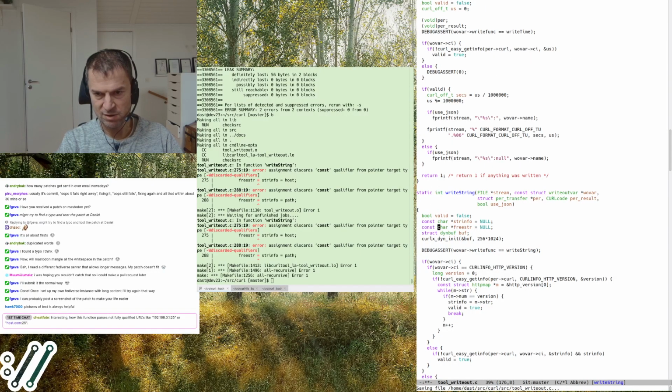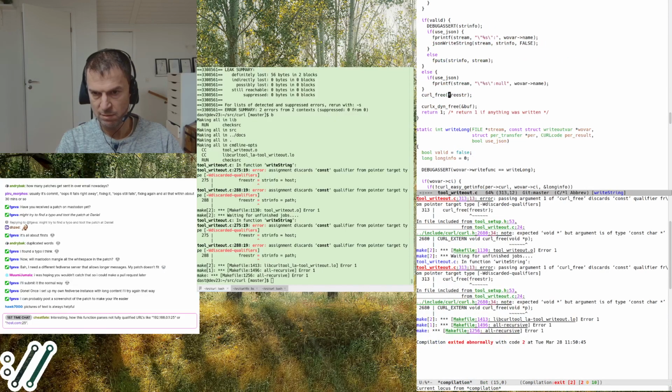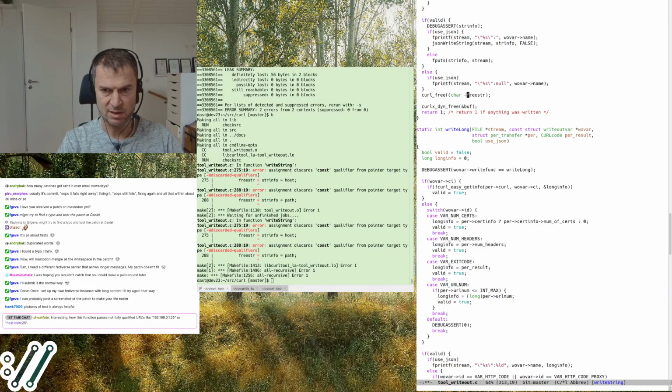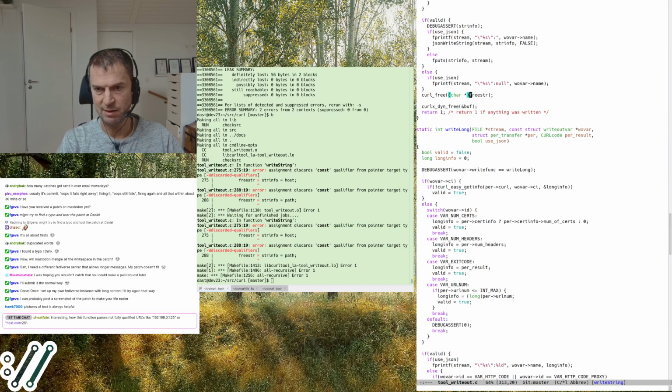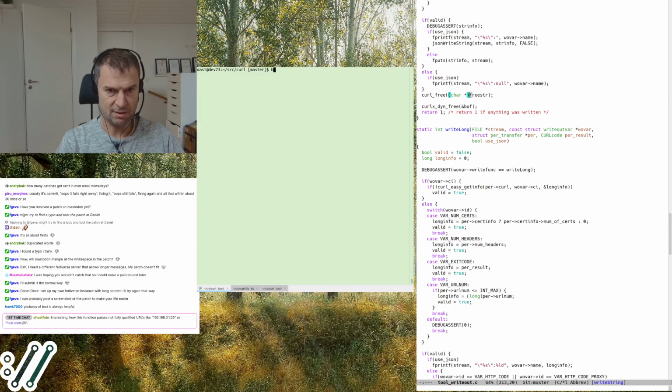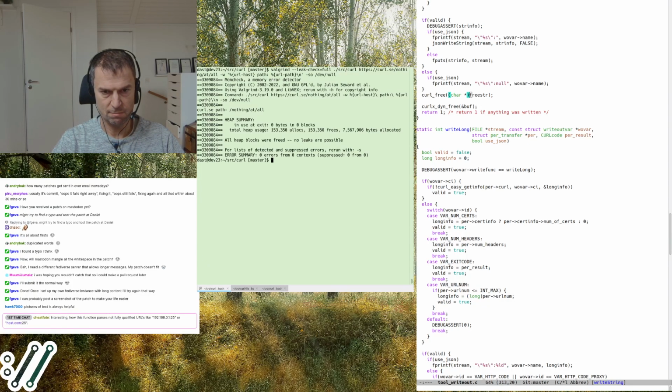I can make it a const as well, right? And then I get that one instead, so maybe, not the prettiest, but if I do that, at least it doesn't leak anything. No leak. And it still works.